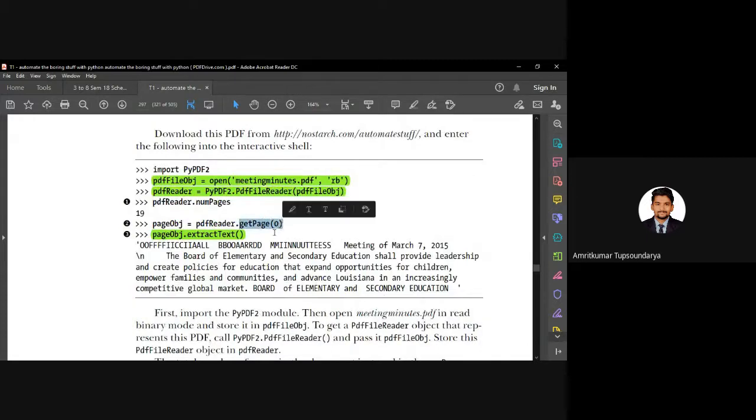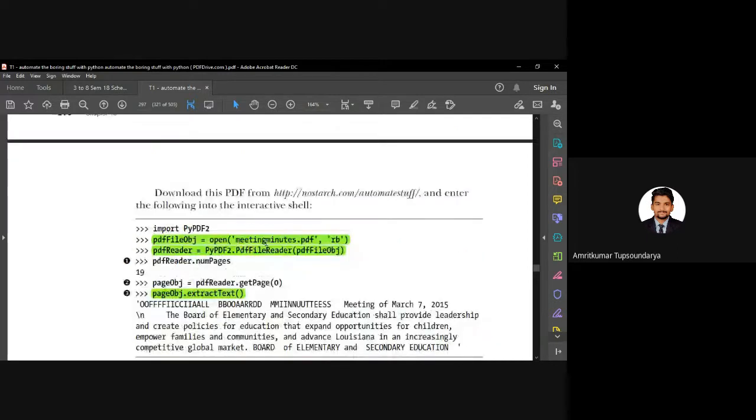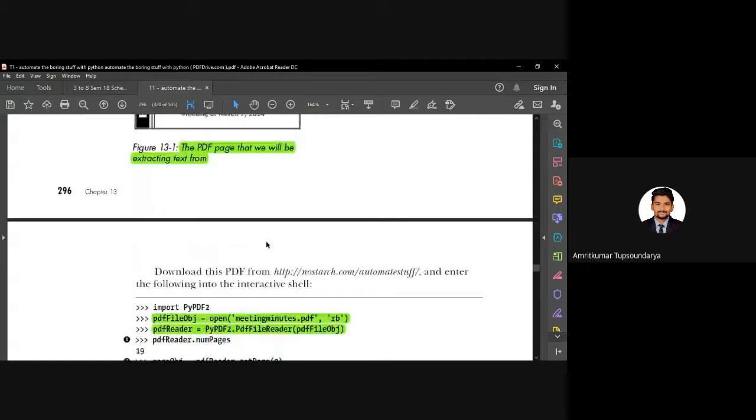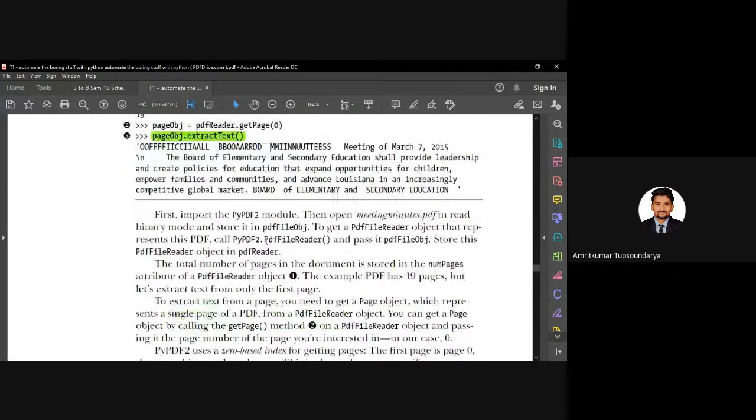The first page is page zero, page one is the second page, page two is the third page, and so on. So we can get the first page using the instruction getPage(0). This is our page zero, which is the first page, so we extract the text from it, and this is the text.